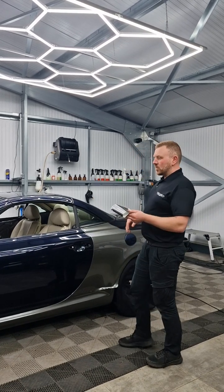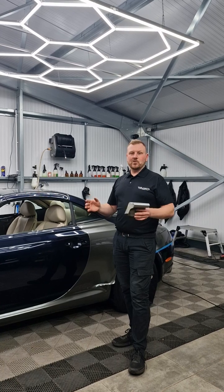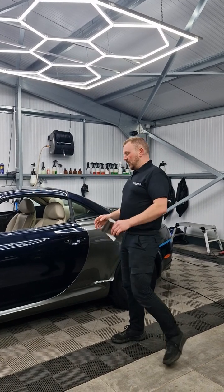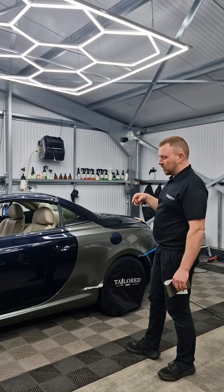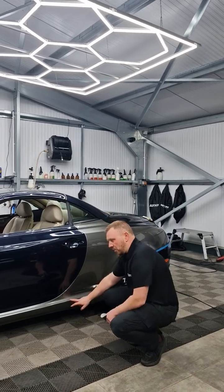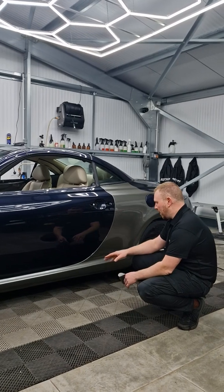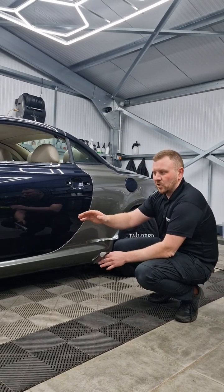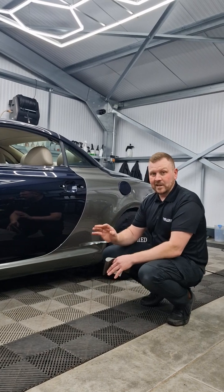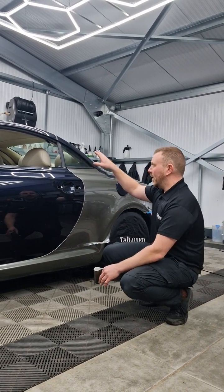But if you utilise the fact that this is a wet and dry film, you can speed up your install greatly and a lot quicker. Now, as you can see, I've done two panels, I've done the same on the opposite side. I've done this dry. When you're doing it dry, it's suited to smaller panels, it doesn't trap air. Straight away, when you're doing a dry install, you can trim your edges, you can wrap them, and the panel is basically done. That is suited very well to the lower skirts or smaller panels, what I'm going to get